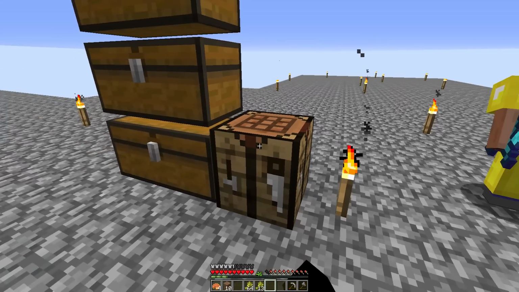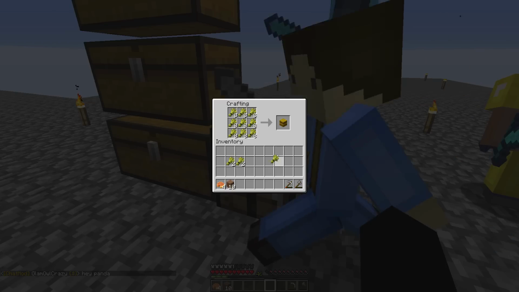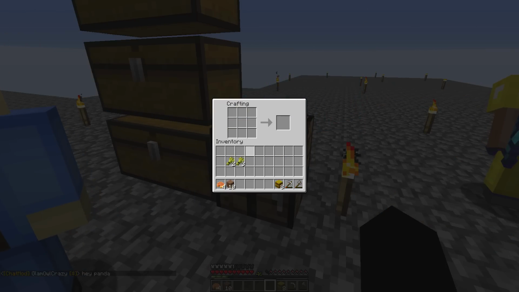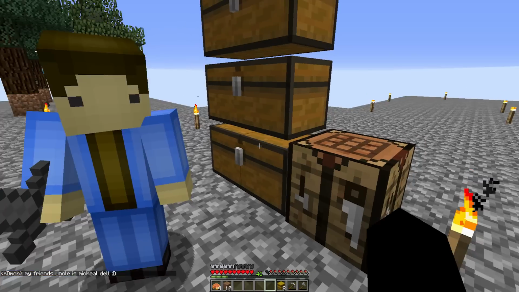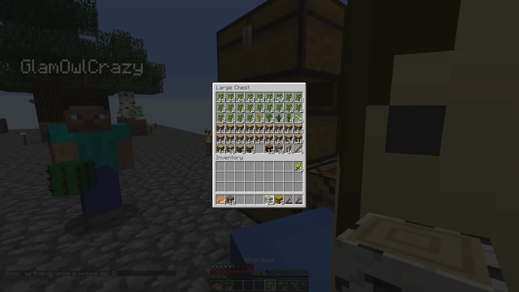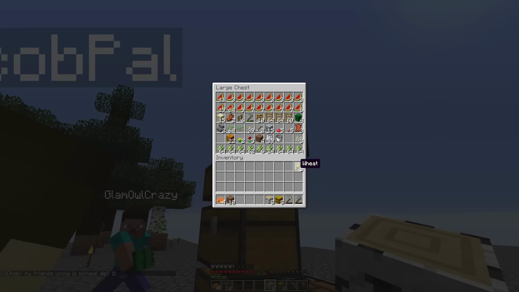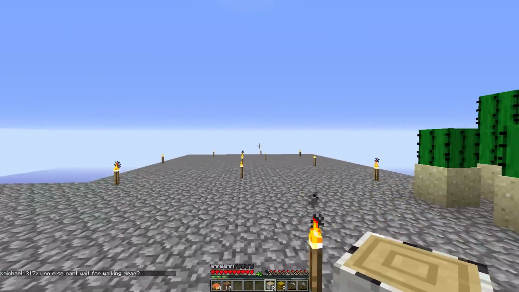We're going to go over here to the crafting table, and we're going to throw all this wheat in here and see how many we can make. All right, so we can make 8. We've got 8 hay bales. So let's grab 8 birch logs. There we go. And I'm going to go ahead and put that wheat back, and we're going to make some